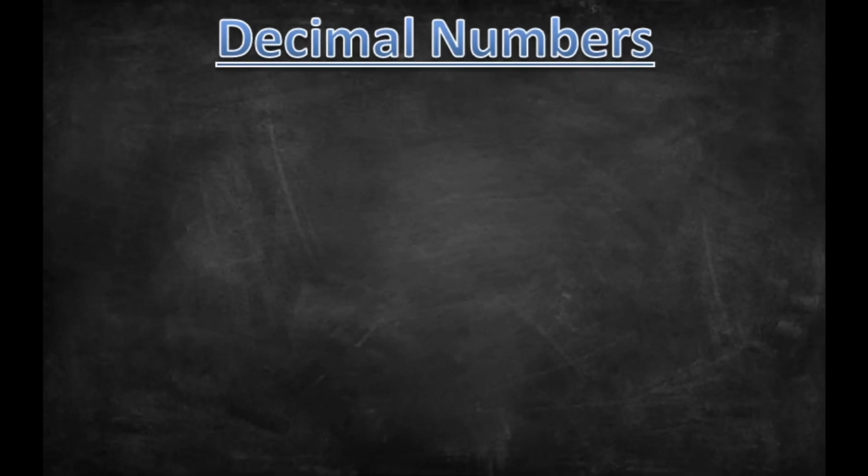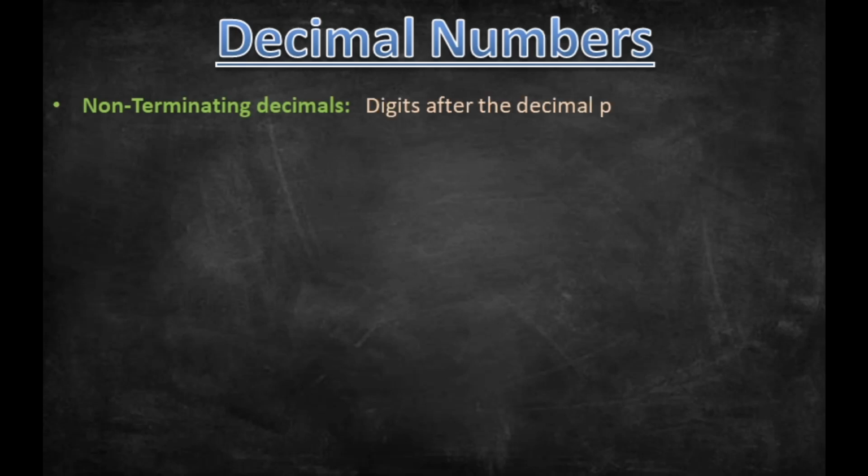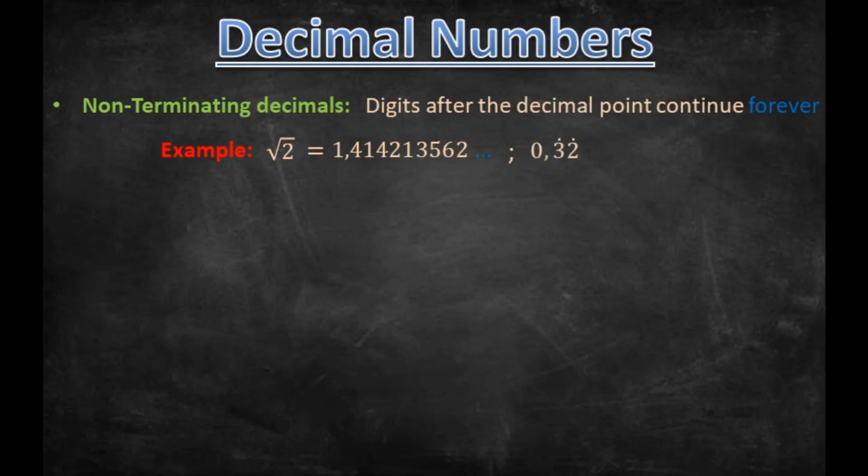Let's look at the types of decimal numbers that we get. Firstly, we get non-terminating decimals. Here the digits after the decimal point or the comma continue forever. For example, the square root of 2 is 1,414213562, etc. So the digits after the comma or the decimal point go on forever. Another example is 0,32, where we have dots on the 3 and the 2, and this indicates that 3 and 2 repeat themselves